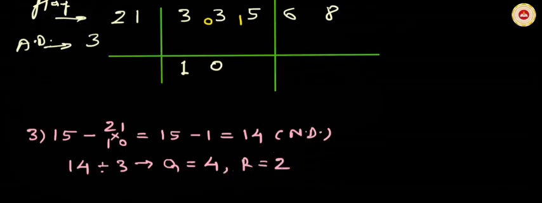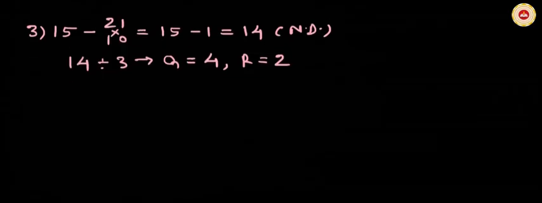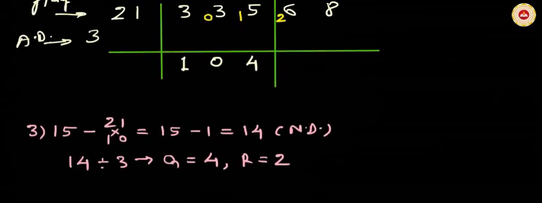So remainder is 2. Write quotient digit 4 below gross dividend 15 and write remainder 2 as a prefix to the next digit in the dividend, which is 6. Now this is gross dividend. Read these two digits 2 and 6 as 26, and this is gross dividend. Let us calculate net dividend in the next step.